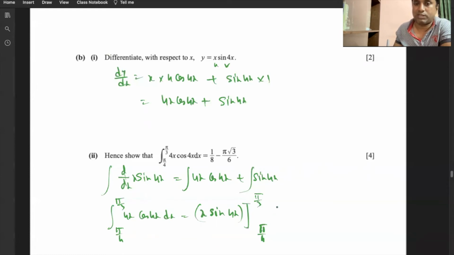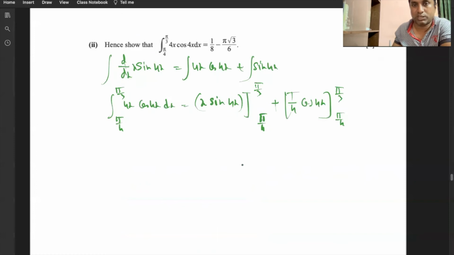And if I integrate this one, it will be minus, if it goes to this side, 1 by 4 and plus cos 4x, and then if I use the limits pi by 3 and pi by 4,